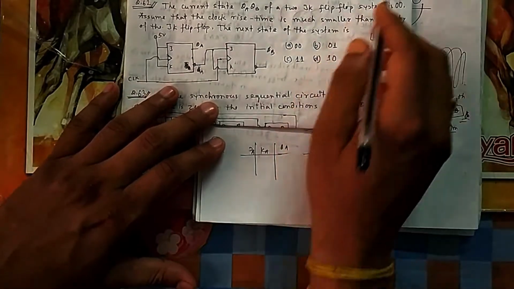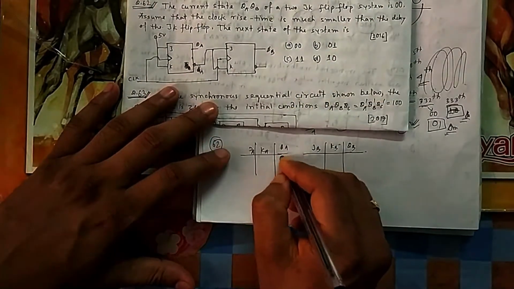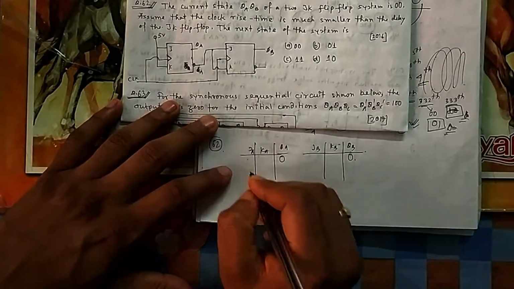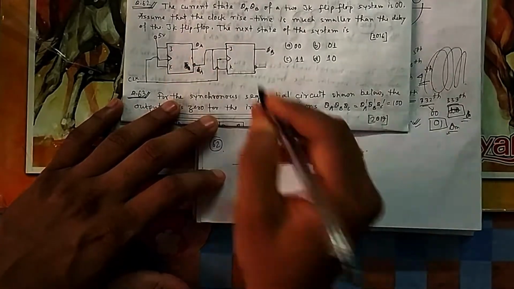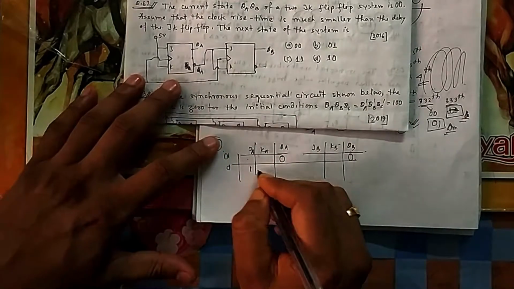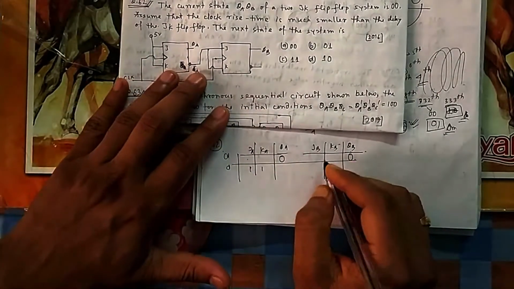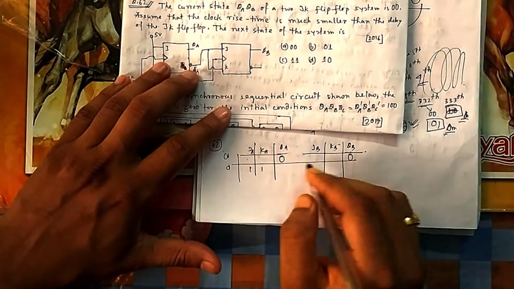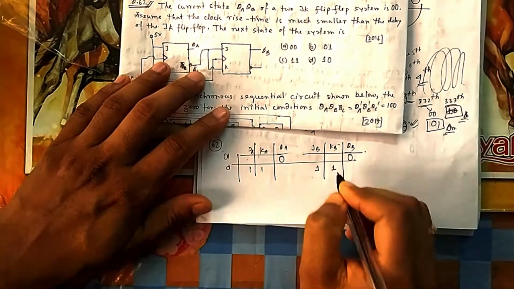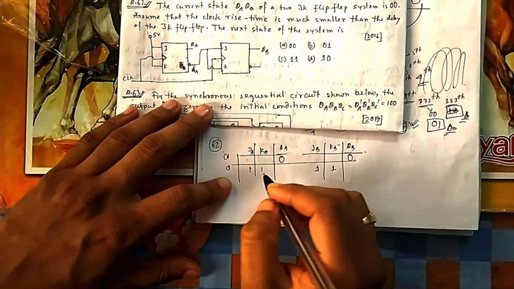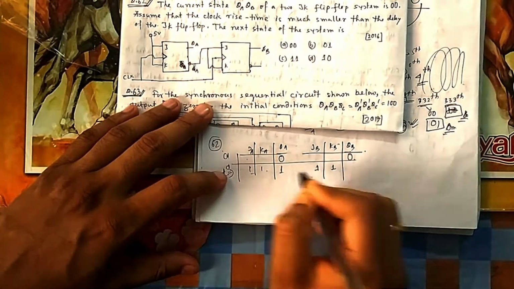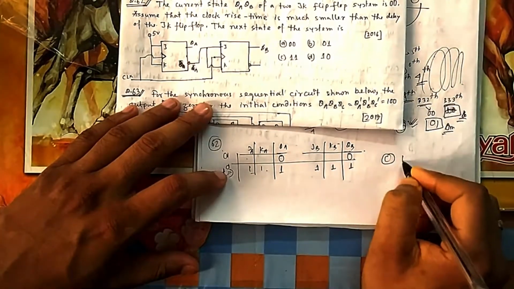What is the initial state? The initial state is 0 0 0 0. So if you write this, what is your JK? What will be the next clock pulse? Just before giving the next clock pulse, these are 1 1, and this is just QA bar, J, and both are 1 1. So if you give the clock pulse now, what will happen? With the first clock pulse, 1 1 will toggle it. So it is option C, that is 1 1.